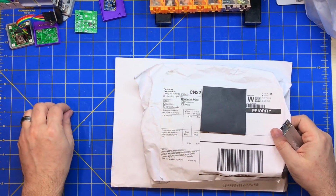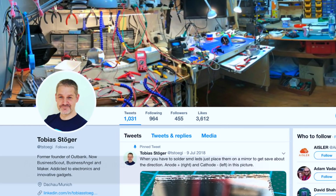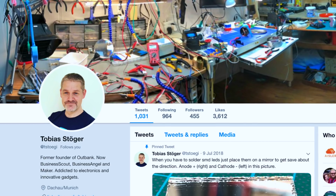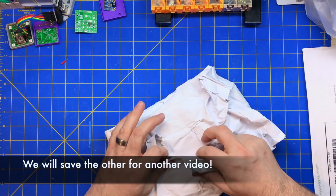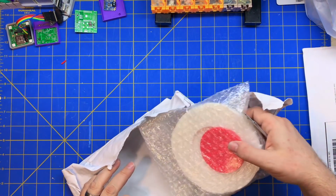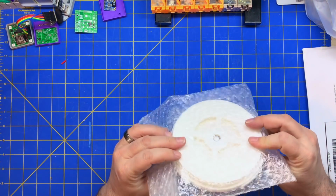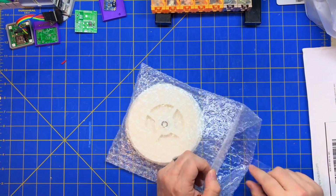So I got these two packages. So this is from Tobias Stoger. Let's see what we got. This is awfully big. Hopefully it survived. It's a little ripped up. Yeah, it looks pretty good. I mean, probably needs thicker bubble wrap, but it seems to have survived. I think it was set priority, so